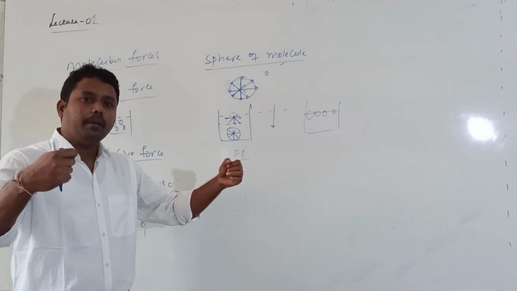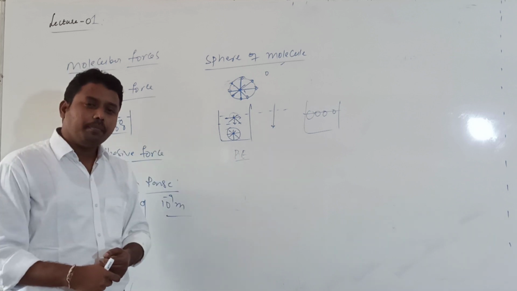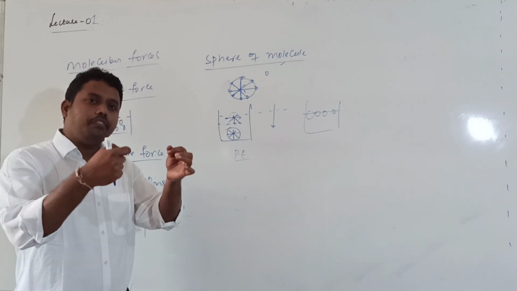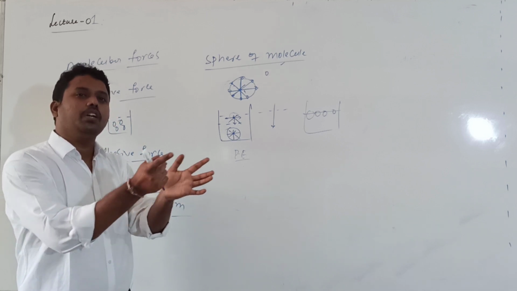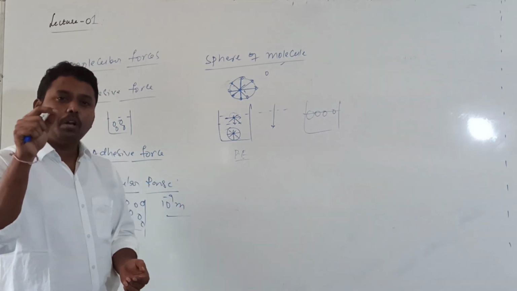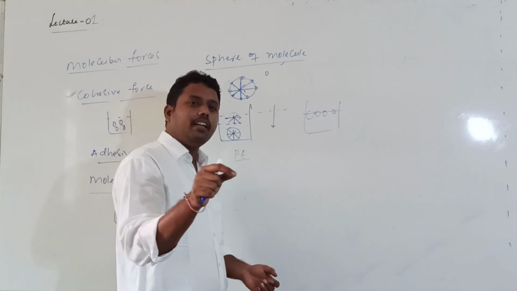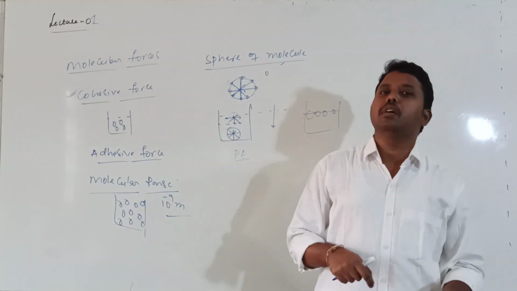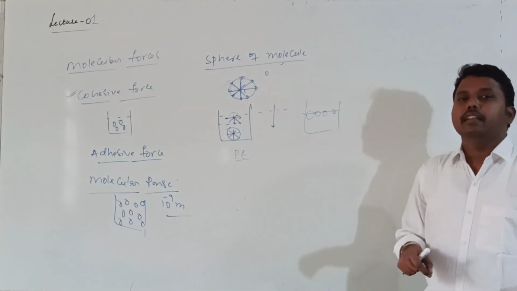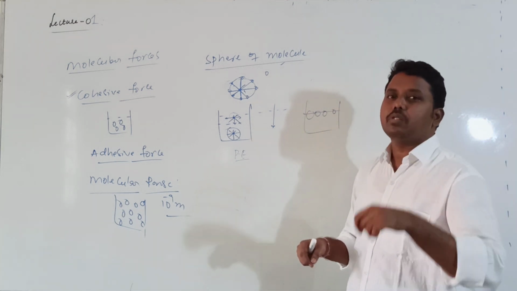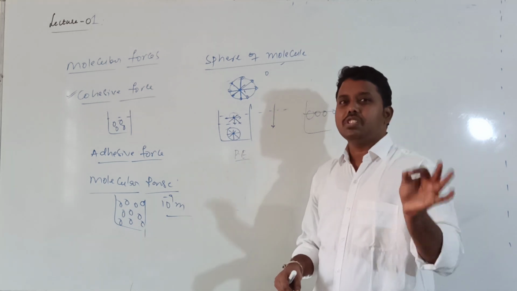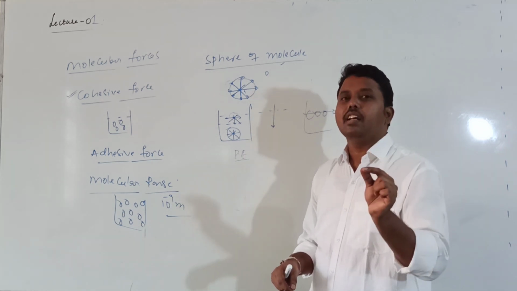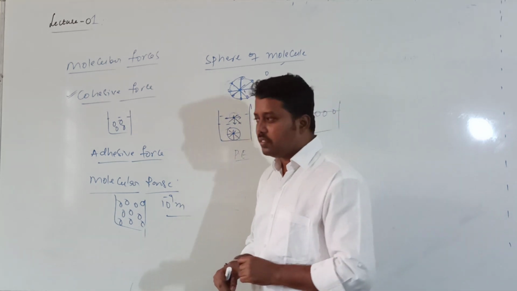When you elongate the rubber band, a restoring force will develop. Because of the restoring force, after removing the external force, the rubber band will come back to its original shape. That property is called elasticity. Just as solids exhibit the property of elasticity, a similar property is there in liquids also. That property is called surface tension. I think now it is clear what the meaning of surface tension is.